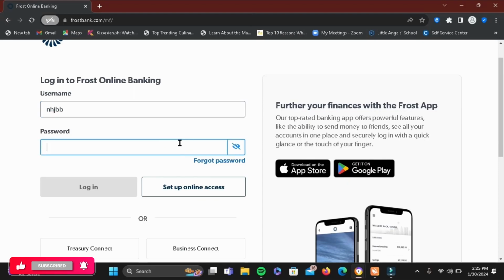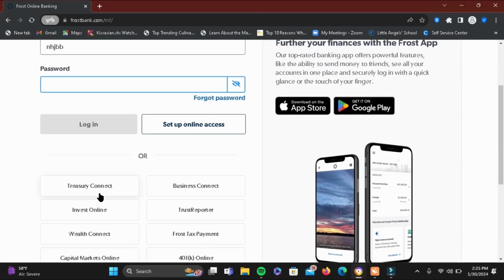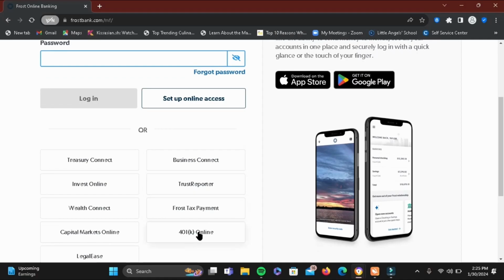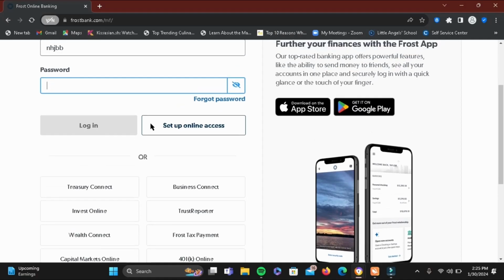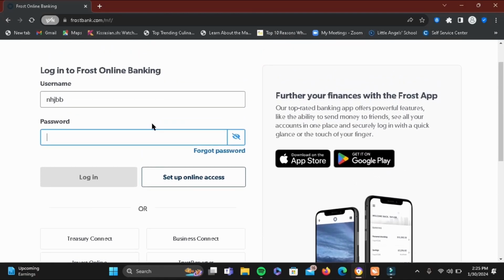So if you have forgotten your password, simply tap on forgot password and follow the instructions and create a new one, or simply log in with the help of it and then tap on login. You can also go ahead and explore more of Frost Bank at the bottom with these options as well. Now all you have to do is simply tap on this login icon at the bottom of your screen and just like that, you'll be able to log in to your